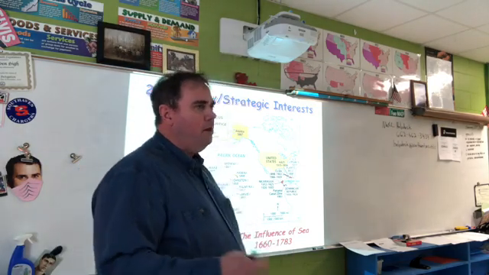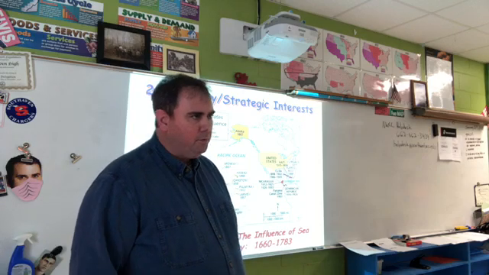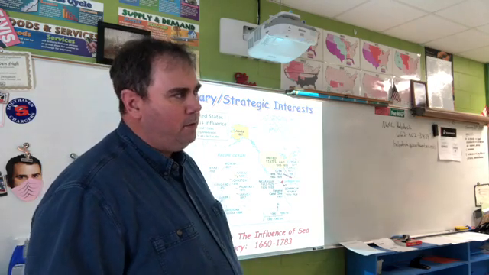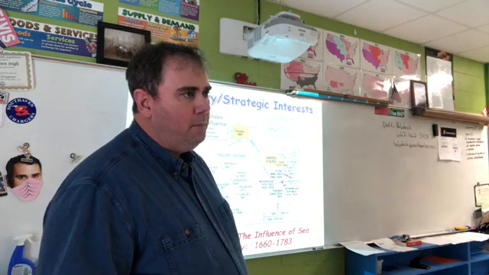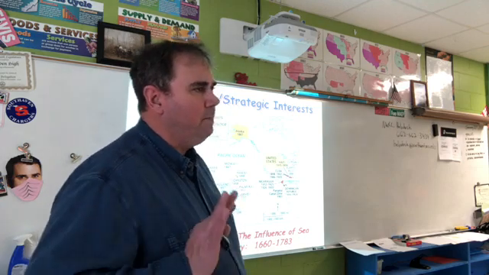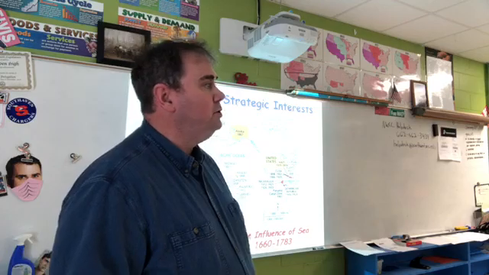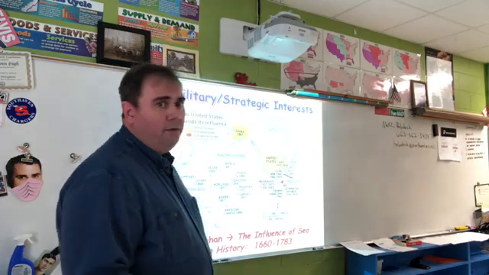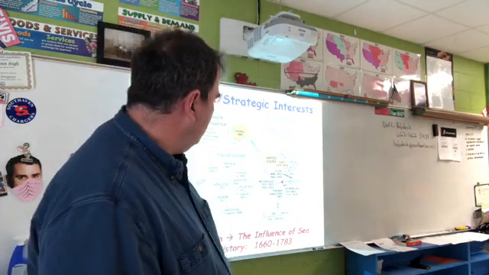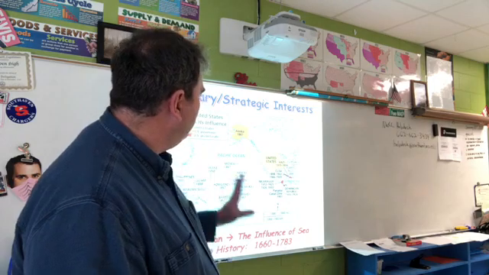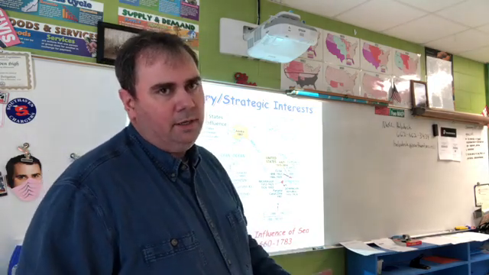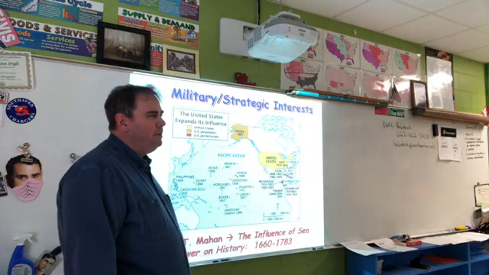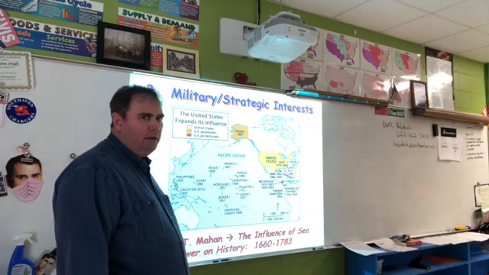And we'll see part of imperialism will be working to build a canal, okay? Now, under military and strategic interests, one of the big proponents, now what's proponent mean? Proponent means somebody who is in favor of and pushing for something to be done, as opposed to an opponent. That's somebody challenging it, right? Well, one of the very key people involved in proposing imperialism for military interests is this guy. His name is Alfred Thayer Mahan. Alfred Mahan. He wrote a history book.